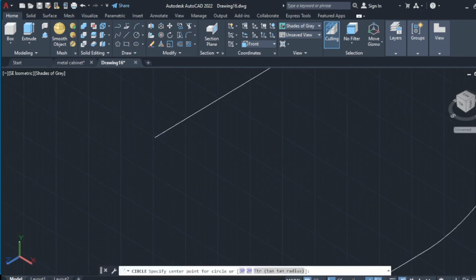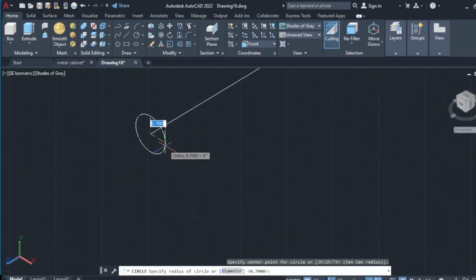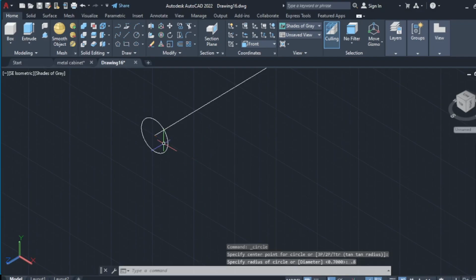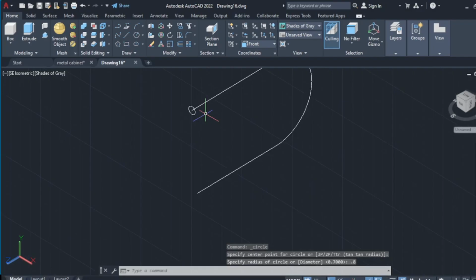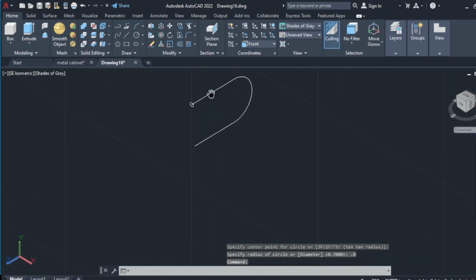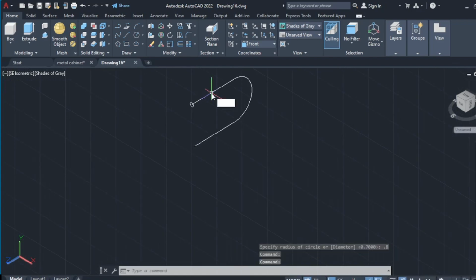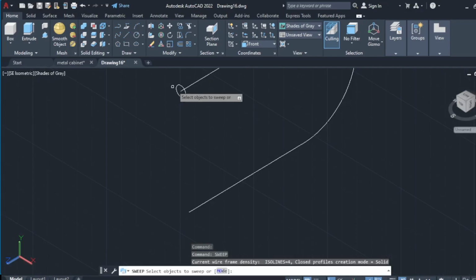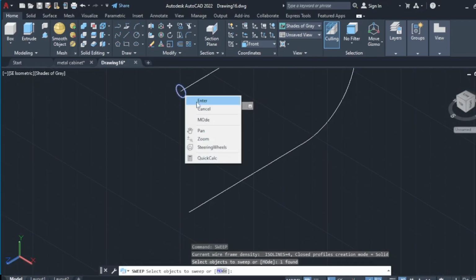Then you pick this. Let's make it points. Let's try 0.8, maybe 0.8. Then we are going to sweep. On your keyboard, you can just type sweep. Then you pick this one. You click on enter. Then